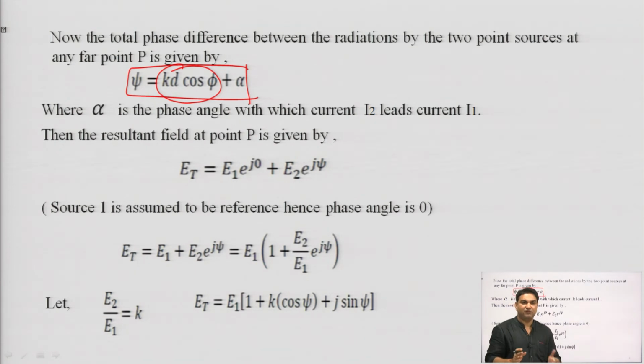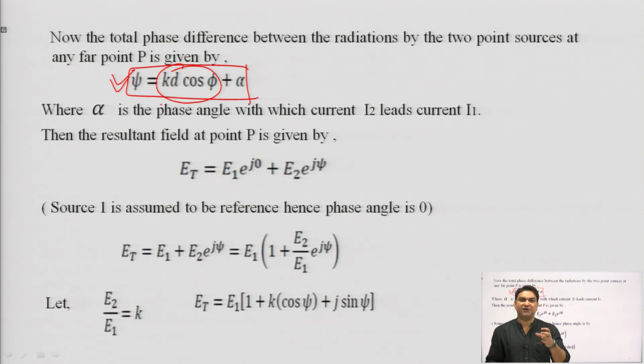When the two elements are spaced at the distance d, and we calculate the resultant field strength at the distant point P, we will get this phase difference. But if the two elements already have a phase difference of alpha, then the combined phase difference between the 2 point sources will be psi, and this psi is equal to beta d cos phi plus alpha,